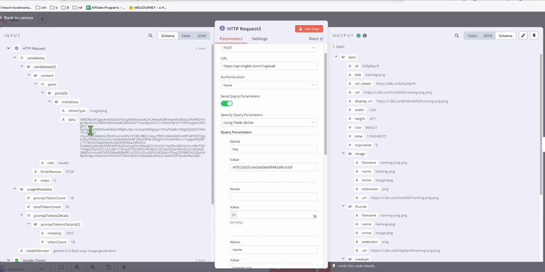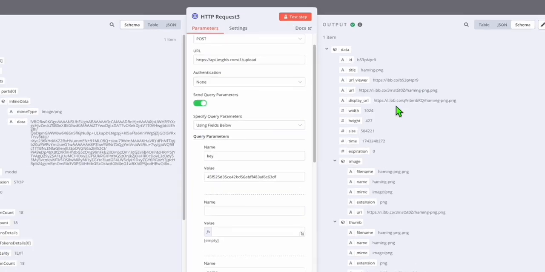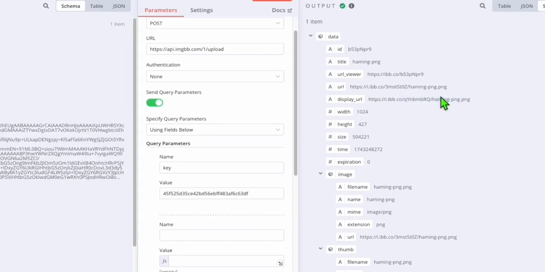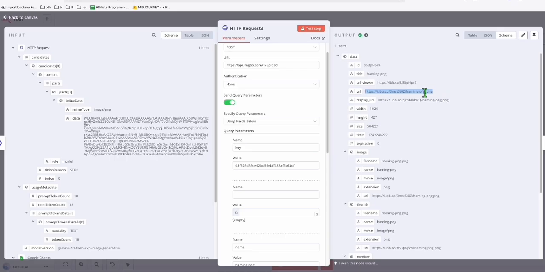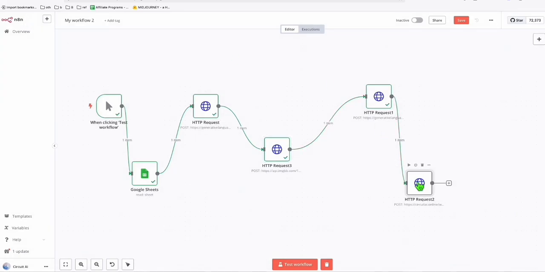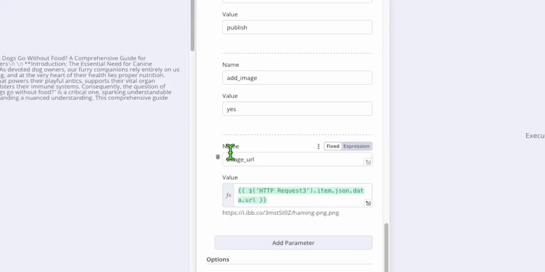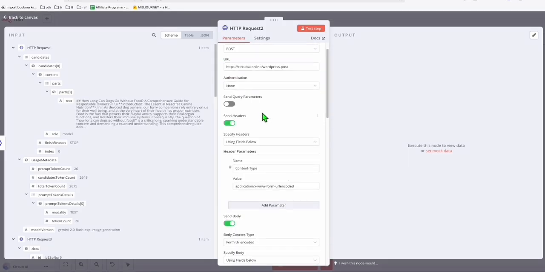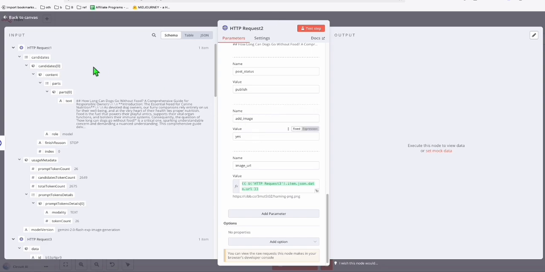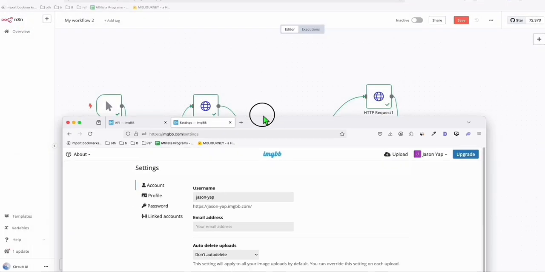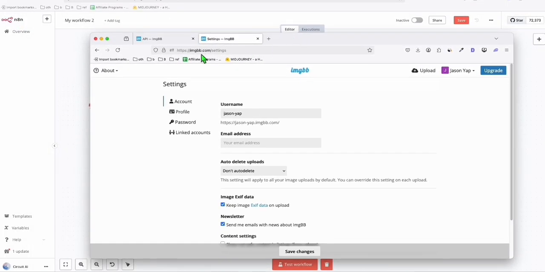So what we need to do is upload it to a temporary location that will provide us a URL like this. So this is the URL that we will get. And then we will be able to apply that or add that in the image URL of this WordPress post so that we will have the featured image. So it's very easy to implement, guys. So you just need to create an account here in